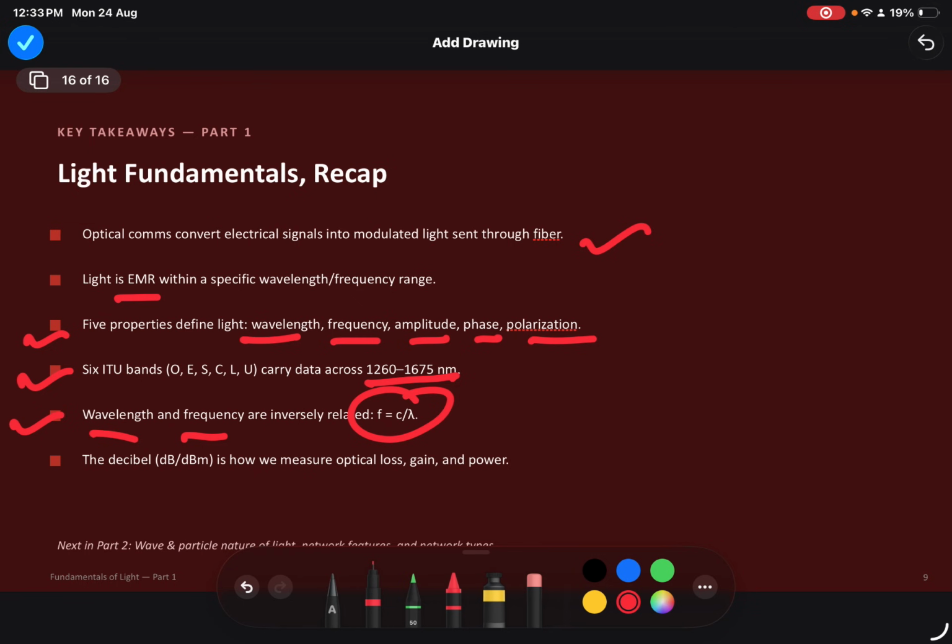Again I will repeat, they are inversely proportional: lambda is equal to C by F, or F is equal to C by lambda. The unit that we use for measurement of loss, gain, or power is always either dB or dBm. In the next section, I will discuss what is